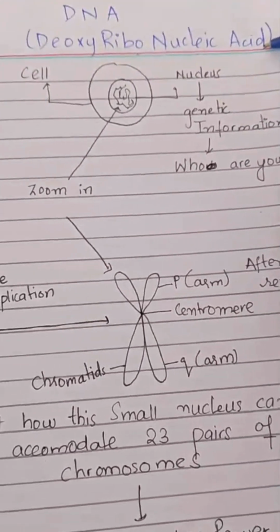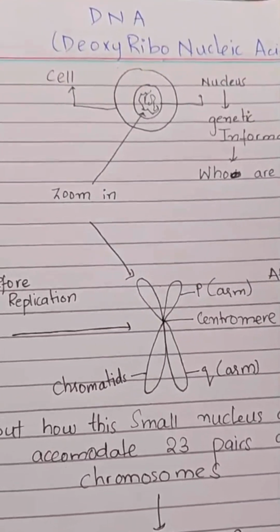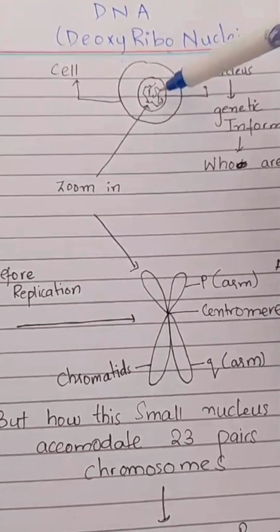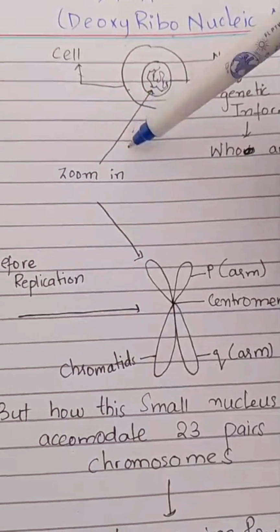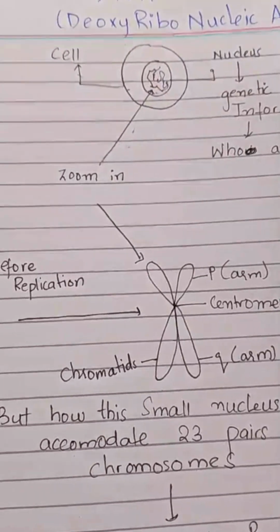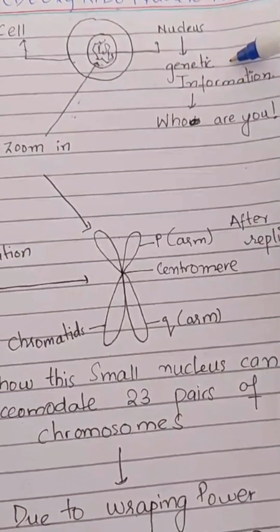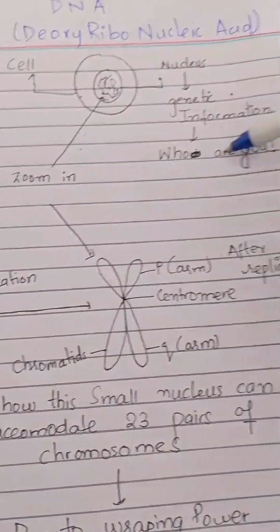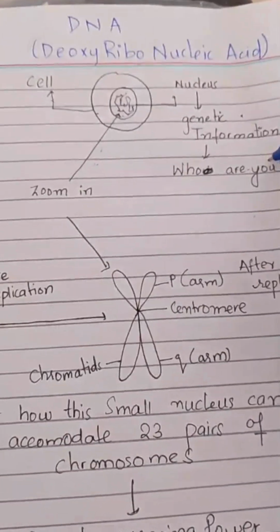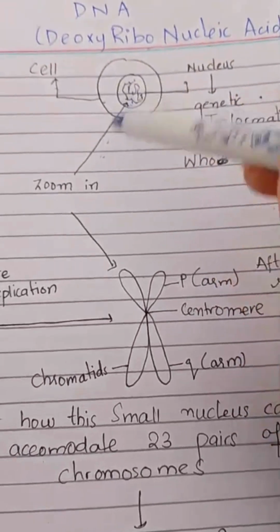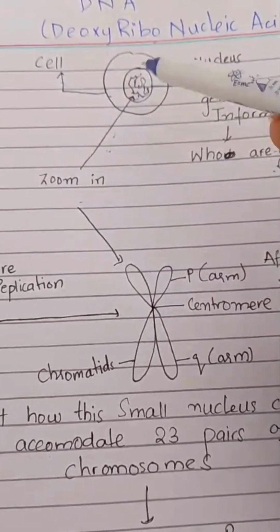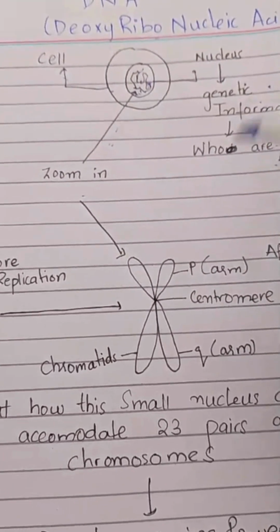DNA is deoxyribonucleic acid. DNA is present in the cell. For example, this is your cell and this will be the nucleus of your cell. Inside the nucleus there is genetic information which tells you about yourself, who you are. To answer this question we should be familiar with this, and if we zoom in, inside the nucleus we have genetic information in the form of